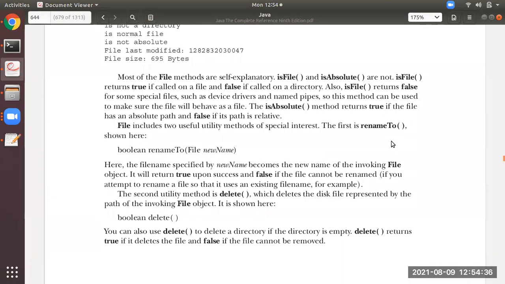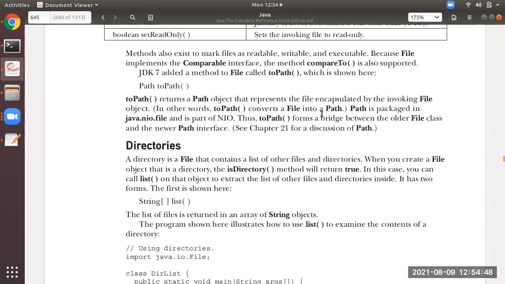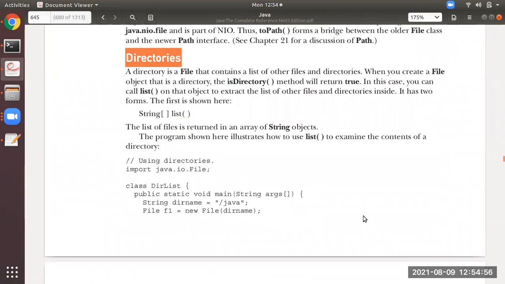Okay. So move to the textbook. Okay. There are some other methods also. Just go through this theory part in the textbook. isFile, isAbsolute, what I have explained, that only is over here. Yeah, the next one is isDirectory. So as I said just now, directory means it will check whether it is a directory or not, whether it is consisting of files or not. That thing it will give the information about.